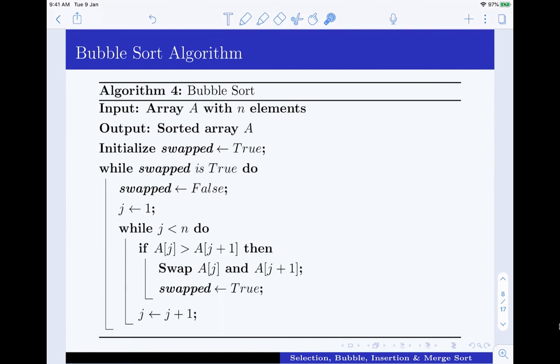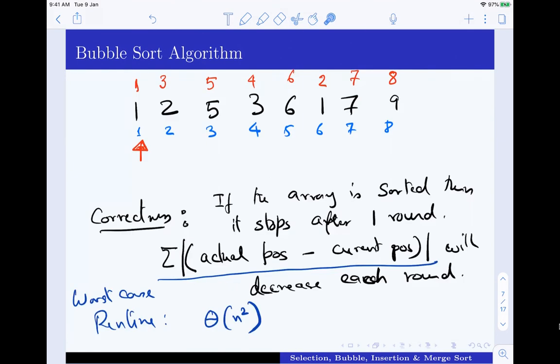So here the correctness of the algorithm is this loop invariant, that quantity is going down every time. So here is an example where we are not proving the correctness in a loop invariant form. We are proving it with a potential function. This is the potential function. And since the potential function is decreasing every round,